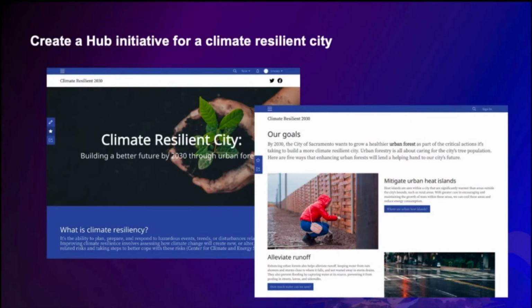The first step to using any of these features is to set up a website as the public landing page for your project. For this presentation, we've created a demo site for a city's climate resiliency campaign. ArcGIS Hub includes configurable website templates that you can use to easily get started. You can configure these sites with your own navigation, branding, and domain to align with the rest of your web